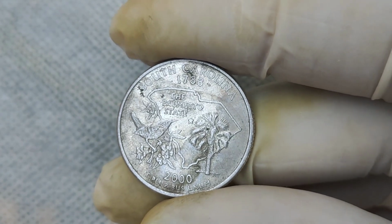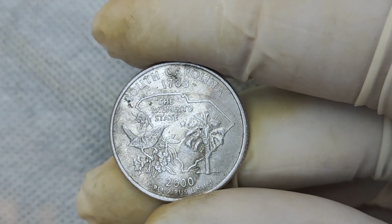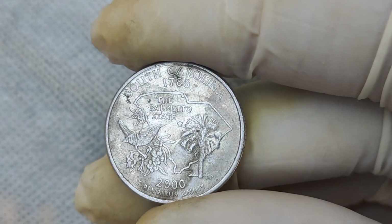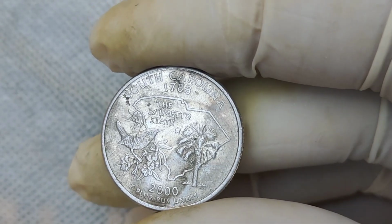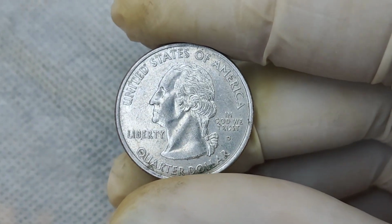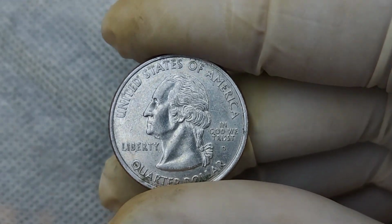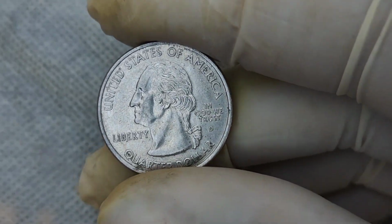We have an exciting topic that could just turn your pocket change into a small fortune. We're diving into the world of rare coins, focusing on a special quarter that could be worth an eye-popping $1.9 million. I'm talking about the 2000 South Carolina quarter with a rare mint mark. So, if you're into coin collecting or just looking to check your spare change for hidden treasures, stick around for